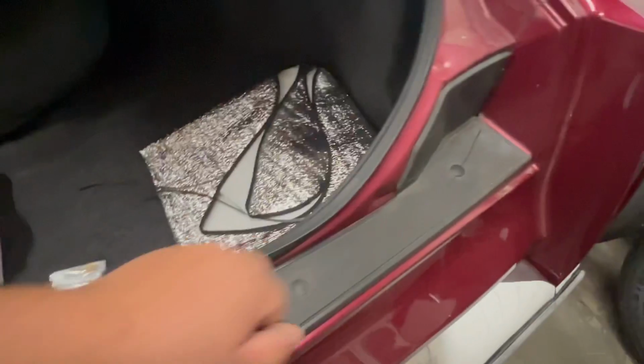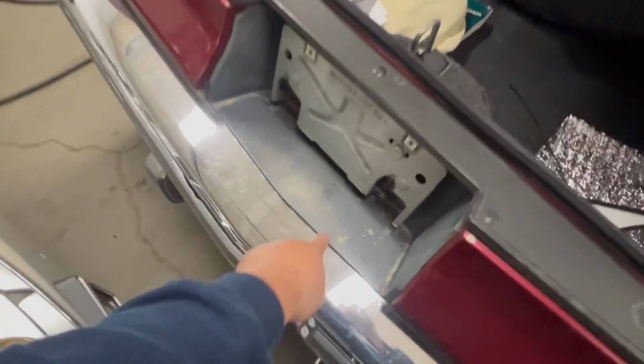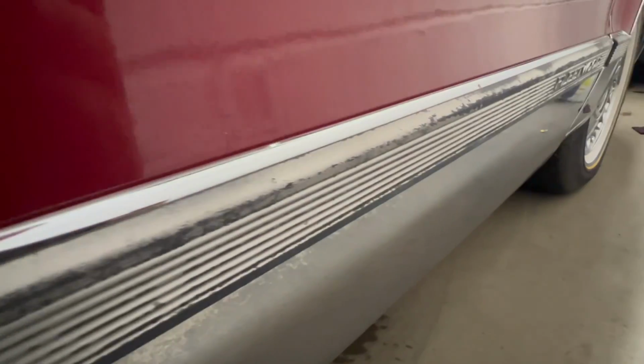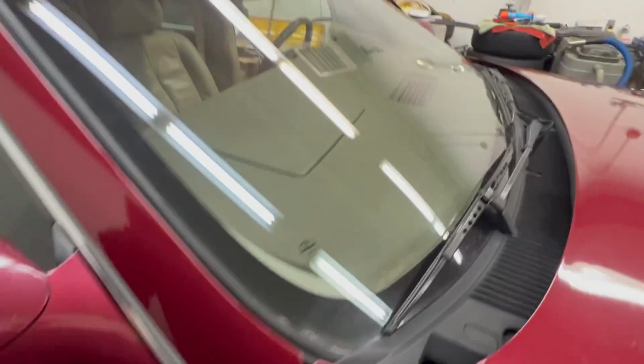I believe this is common for Florida cars to start deteriorating. This and this. This one actually looks okay though. It just needs to be painted. But I have these in stock. With the paint on those moldings looking as crummy as they do, it really takes away from the look of the car, I think. But anyways,